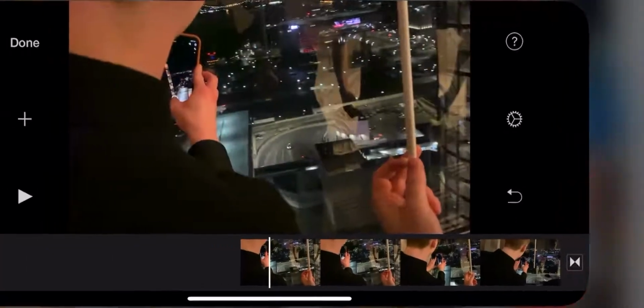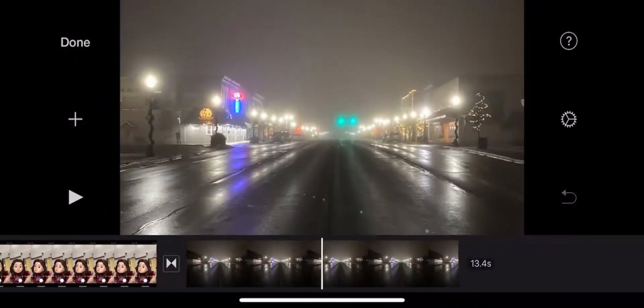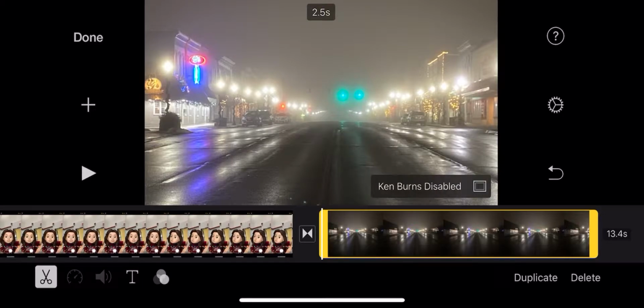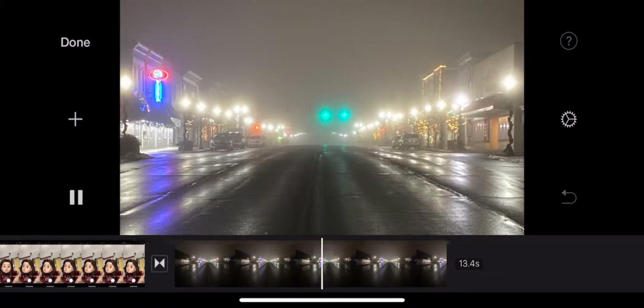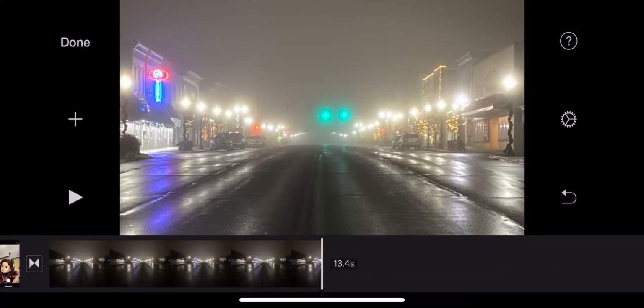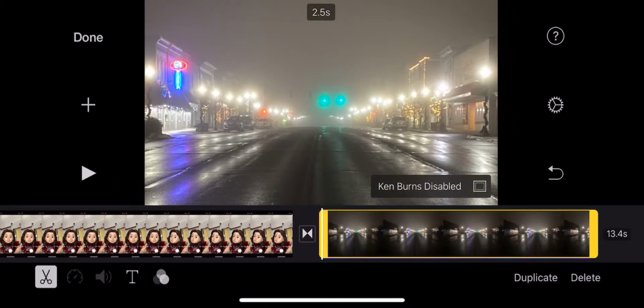And if I just don't want Ken Burns, I just have Ken Burns disabled, and it would just be like this, a still frame for the entire thing. So that's nice. And so yeah, videos, they're nice. Photos, not so